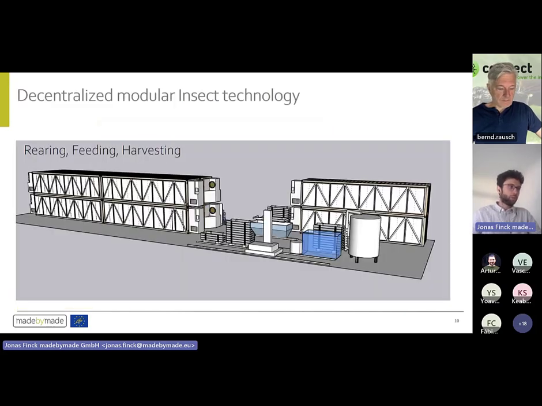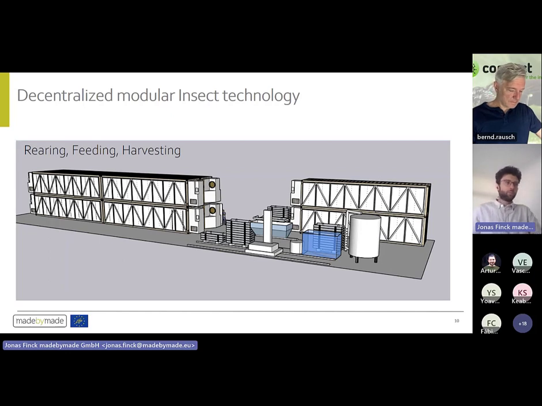So we said we need a decentralized modular insect technology, and a few years ago we developed this, because when you are close to a food or feed producer and you have the organic residues, then it should be highly dependent on the location, because organic residues are characterized by a high water content and a low storability. So we were looking for a system which is